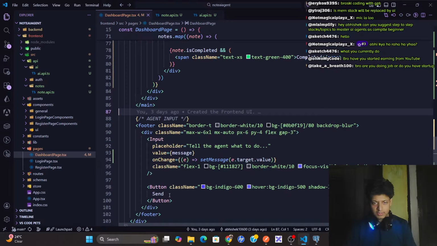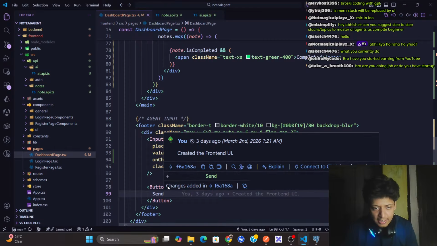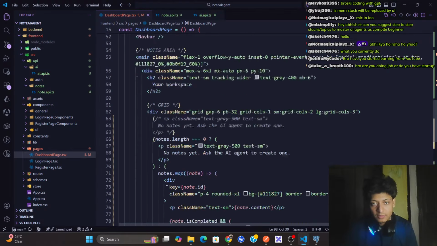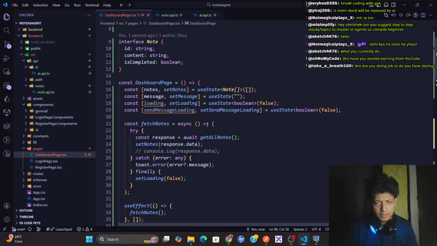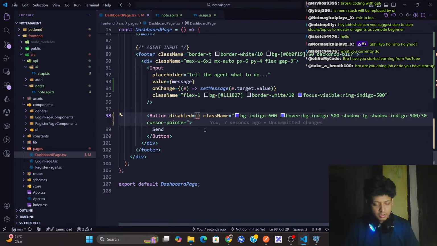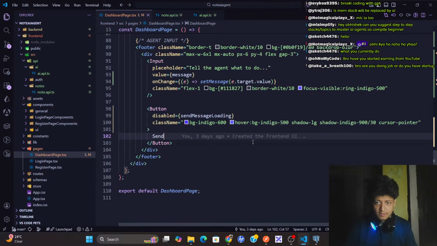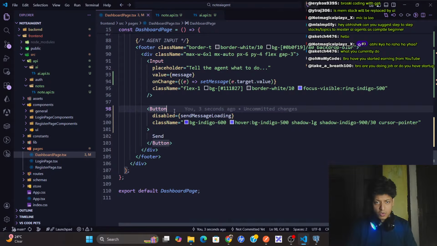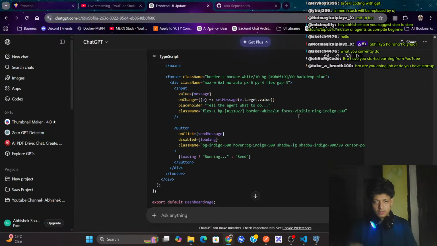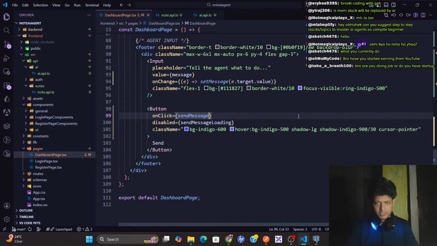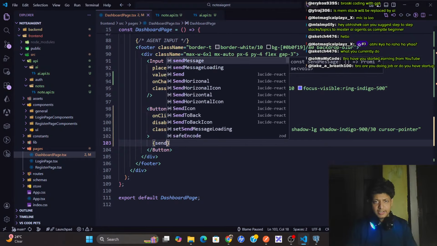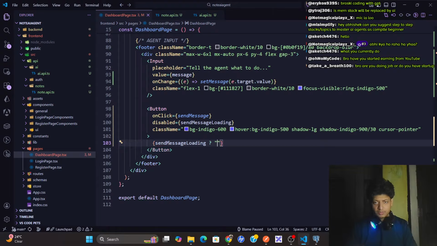Okay, this is done. Then this is the button, and here I'll make it disabled when send message loading is true. Make it on click send message, and for now let's make it: if send message loading is true, show this, or else show this.